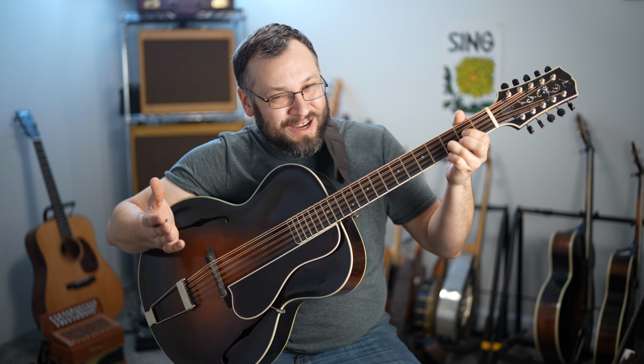Speaking of mandocellos, same instrument, but now we're gonna forget about these high E strings, and now we just have C, G, D, A. This is the biggest mandolin family instrument you're likely to come across. Again, there's a mando bass, but that's a whole different animal. And with a mandocello, just like the mandola, if you strum that classic G chord shape on a mandolin, you get a C. So you need to be doing all that transposition in your head, which again, you can get used to, but this is a very deep,